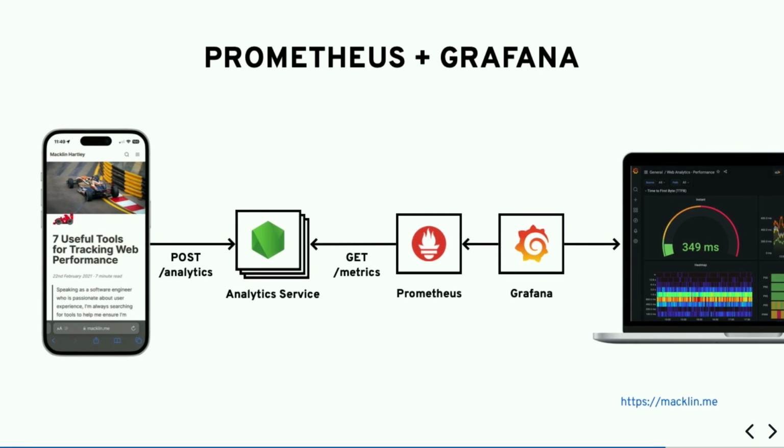But I'm going to show you anyway how I did it, just because it's a talk and I want to tell people. So what I did is I built an analytics service. It's a simple Node.js application, and I sent the results of the Chrome Web Vitals and user-centric metrics to this service. And then I used the standard Prometheus and Grafana stack to read those metrics, and I built a dashboard. You can see that dashboard over on the far right. That's tracking, the one on the screen there is time to first byte as well.